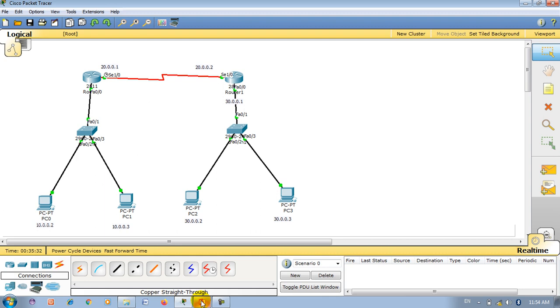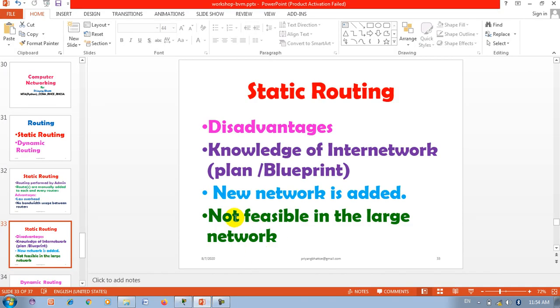Now, as I said, one disadvantage of static routing is that it is not feasible for a large network, and it creates a problem when a new network is added. When a new network is added, it is the network engineer's responsibility to add the routes to the other previous routers manually. That I want to show.